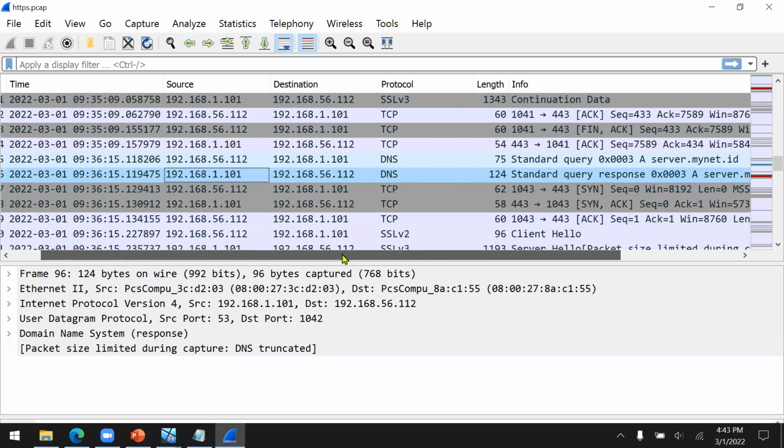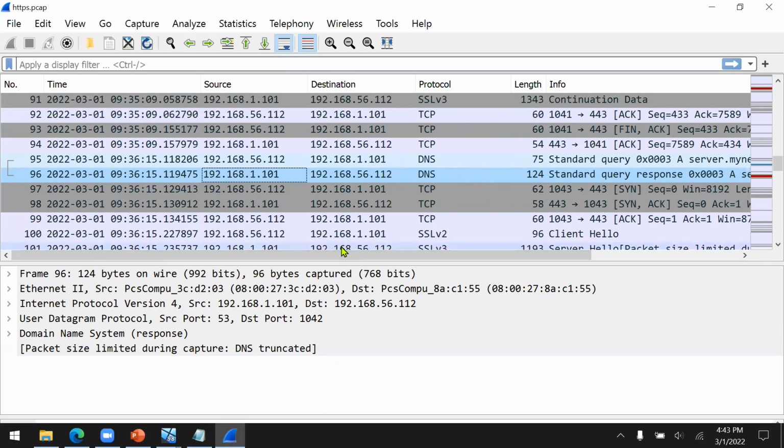The purpose of the DNS server is just translating from name to IP address. Server.mynet.id is the name, and 192.168.1.101 is the IP address. So the purpose of the DNS server is to translate name into IP address, or vice versa, from IP address to name.